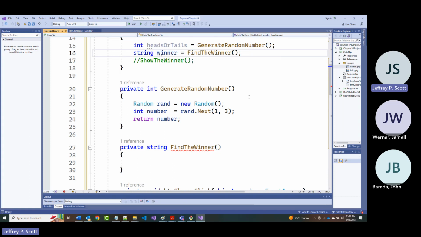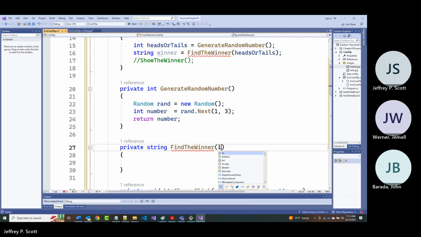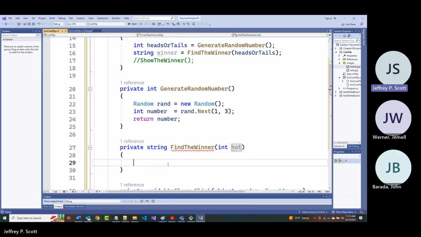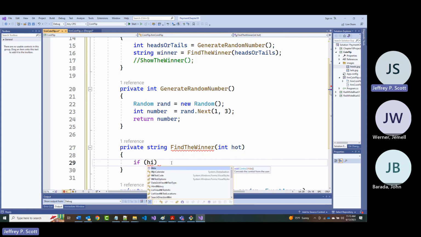So we'll need to pass it in there, heads or tails. We'll go over the whole program when we're all done. Int, I'm just going to call it hot, heads or tails. All right. So if hot